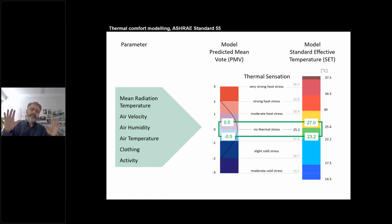And bringing that in one slide into a bigger context, when we design buildings, we shall leave the common ground of designing for air temperature only. Humans are sensors, and humans react to a variety of environmental parameters, which include the dominating parameters indicated on the left-hand side: mean radiant temperature, air velocity, air humidity, air temperature. It includes my activity level and it includes my clothing. If I respect all these parameters, I have a way better understanding